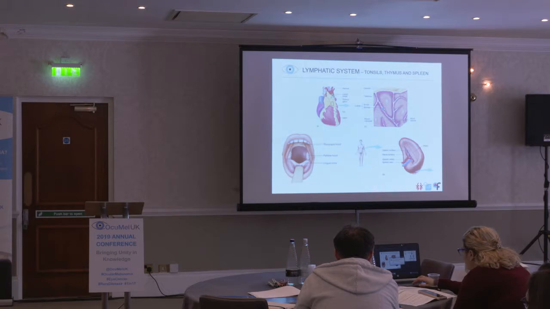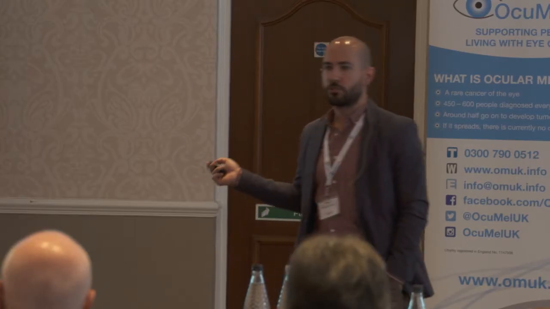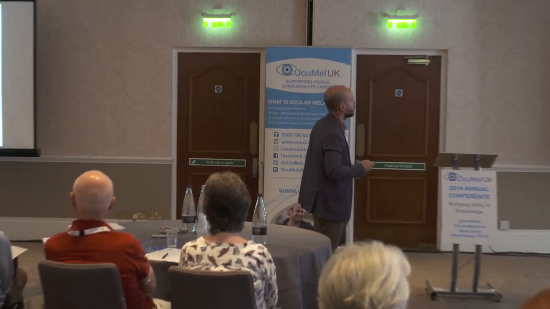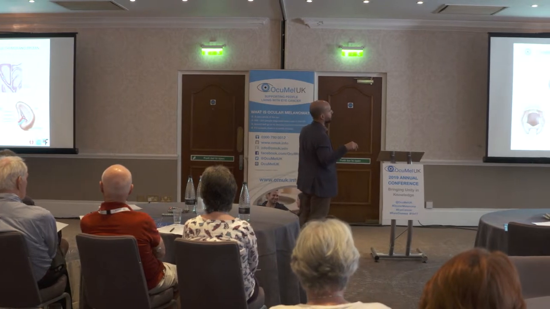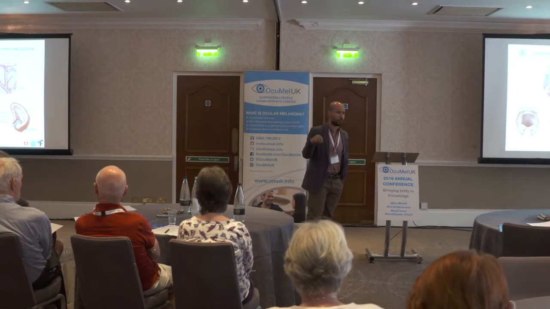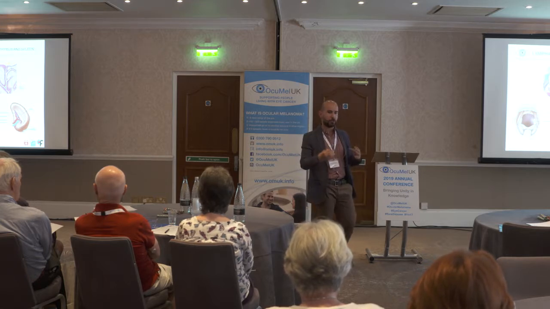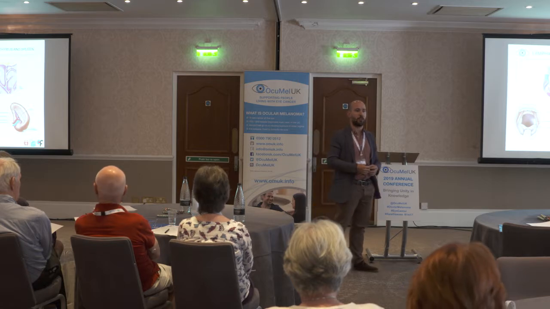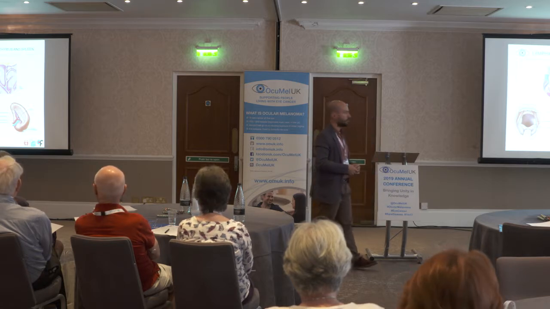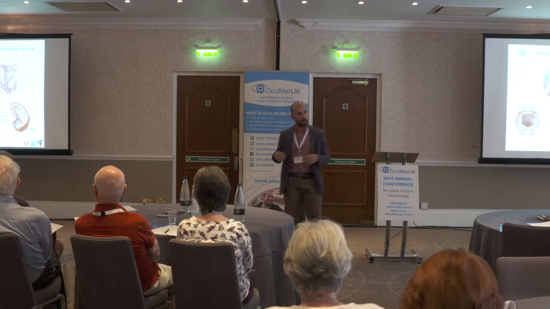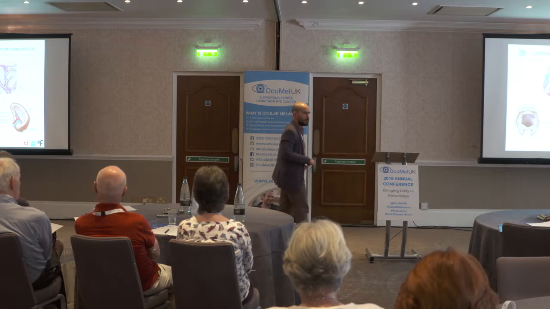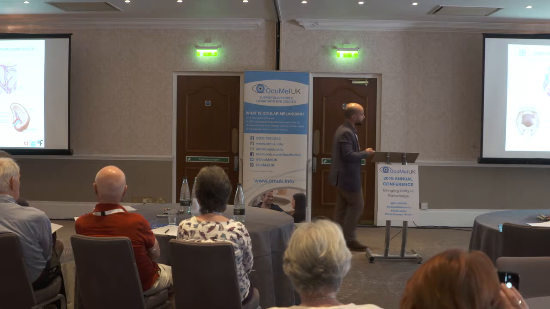You have the thymus, which is here just in front of the heart, and it is very important to the maturation of T cells, so T lymphocytes. And we'll show you later how it works. And ultimately you have the spleen, which works like a filter. It filters the bloodstream, with a big concentration of lymphatic cells as well in the spleen that recognize antigens and bacteria and eliminate them in a specific place.